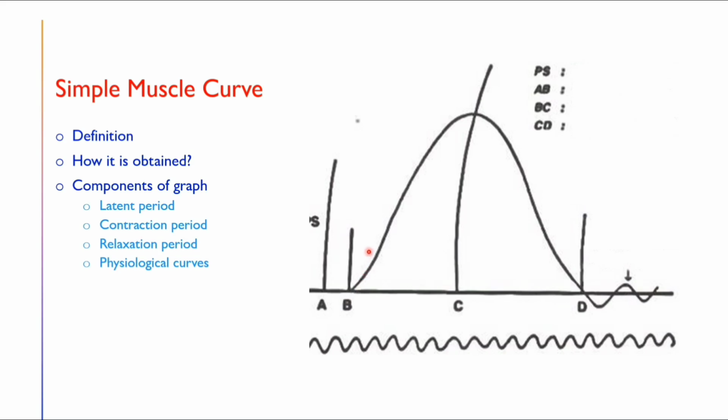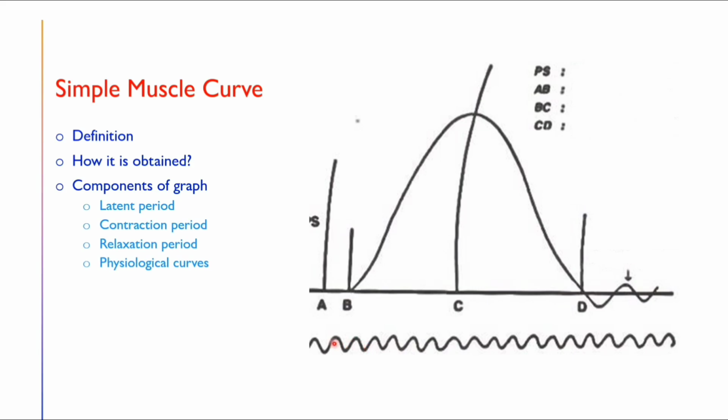So what is happening here? The muscle lever started rising because of the contraction. It came back to the baseline because of relaxation. But this muscle lever is in motion, so it will remain in motion and produce smaller curves in spite of muscle contraction having stopped. So in spite of stoppage of muscular contraction, these small curves are obtained because of the inertia of the muscle lever.